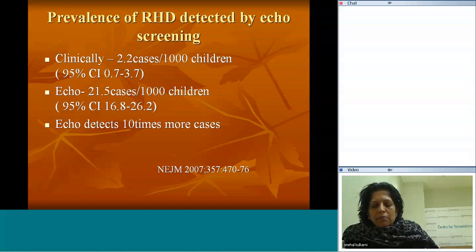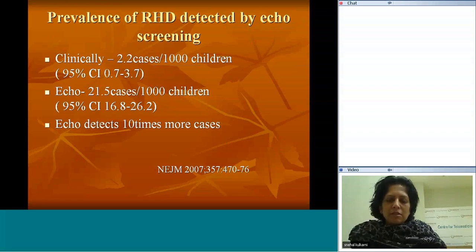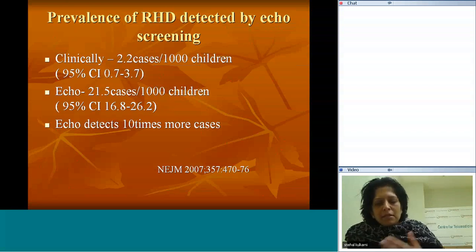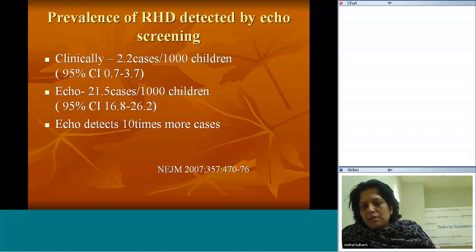So, this is one report from the New England Journal of Medicine. Clinically, you can detect 2.2 cases per 1,000 children when they screen children for suspected rheumatic heart disease. But when they tried the same thing on echocardiography, the incidence was almost 10 times more. There were 21.5 cases per 1,000 children. So, this is the report, and therefore this group says that it needs to be included in the diagnosis of